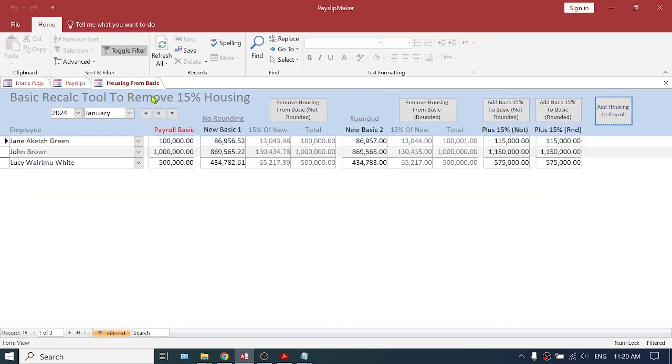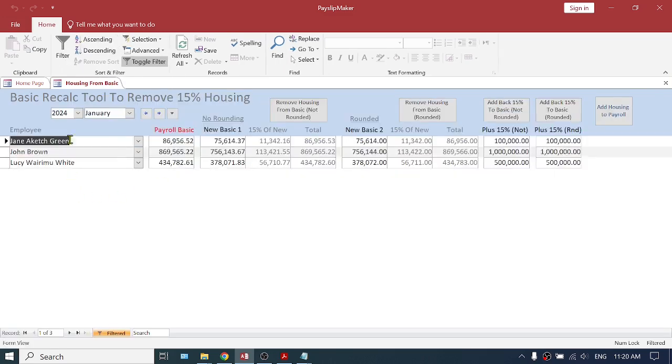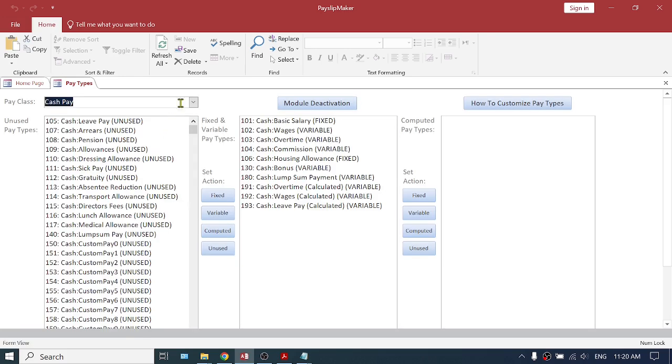The other option it gives you is to split it. So if we split it, remove housing from basic. So it say yes. So now what it's done is it has taken the housing, the 15% out of the salary. It has basically just reduced the salary. With this option, what you would need to do now is to go to your pay types, take your housing, make it computed,